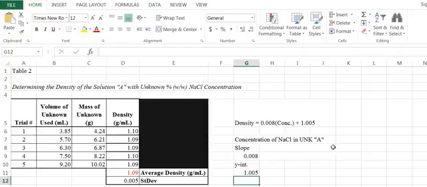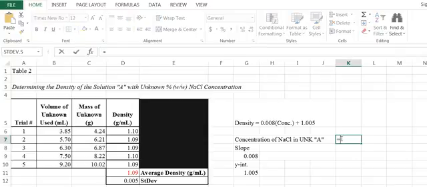And then in this box right here, right beside the concentration of unknown, I'm going to do the math. So this equals, remember it's going to be the density minus this divided by that. So in parentheses I'm going to put first the density and minus the y-intercept, but I don't want to pick from there. I'm going to pick it from here. Close my parentheses, divided by my slope,